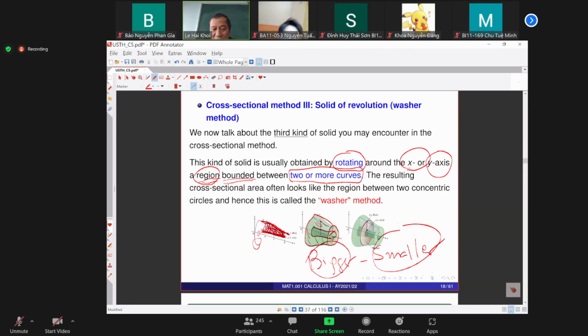you can see you have only that part in between, which means if you look from above, you can see that you need to compute this area, and that one and the small one are two concentric. Concentric là gì? Là đồng tâm. Hai đường tròn đồng tâm lồng nhau như thế này, và các em phải tính cái diện tích ở cái phần giữa này. Thì nhìn từ trên xuống, it looks like a washer, giống như máy giặt của các